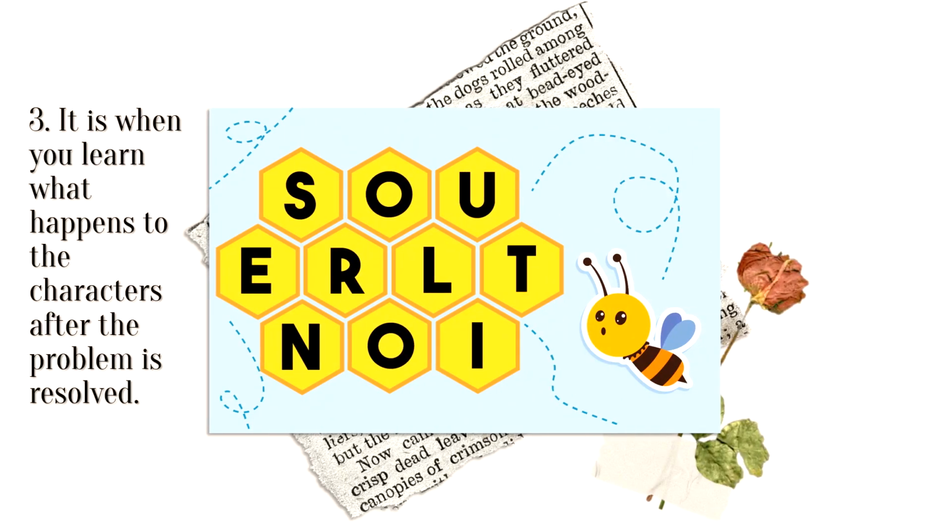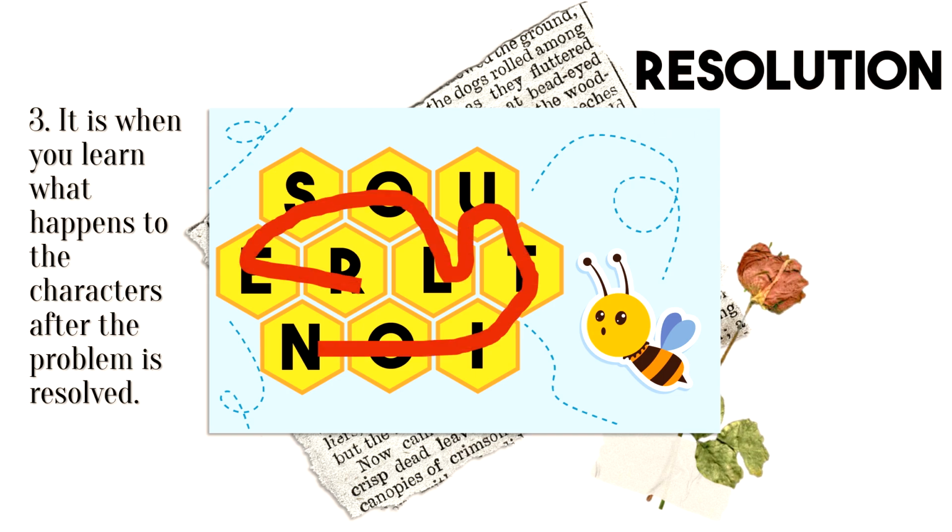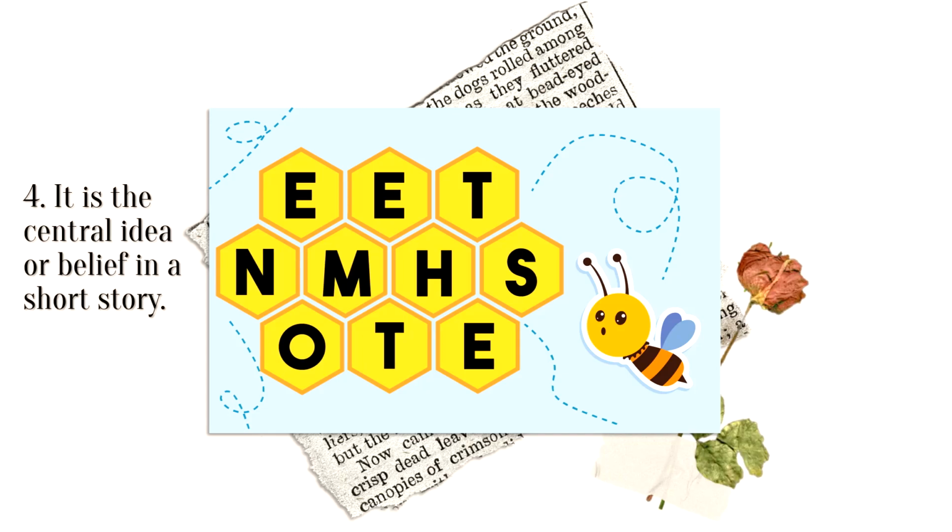Number 3, it is when you learn what happens to the characters after the problem is resolved. So the answer is resolution. This is basically the very end of the story. Number 4, it is the central idea or belief in a short story. The answer is